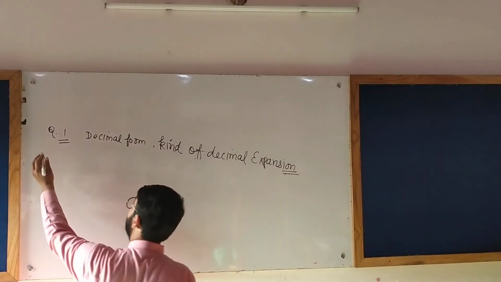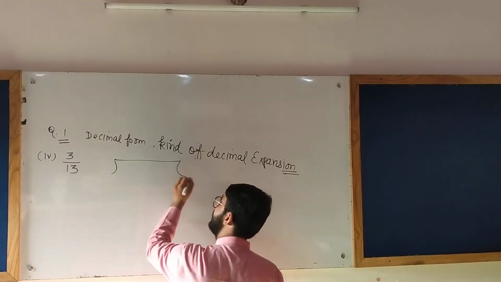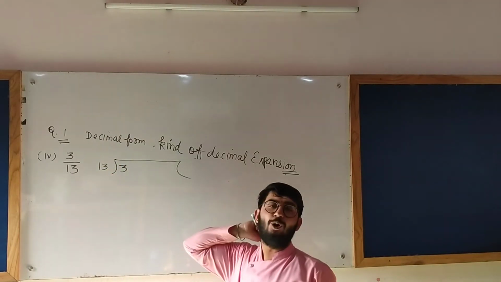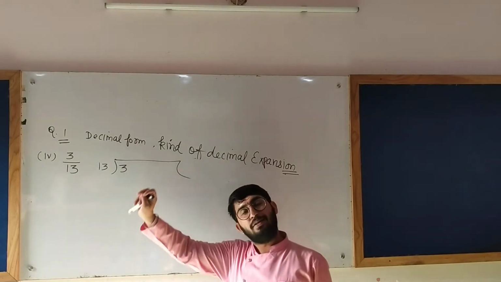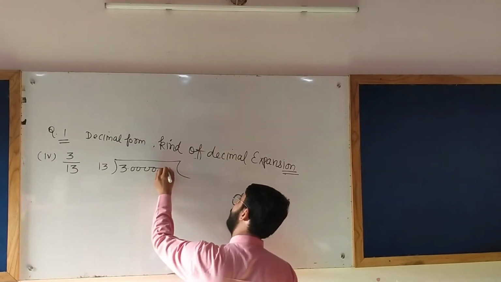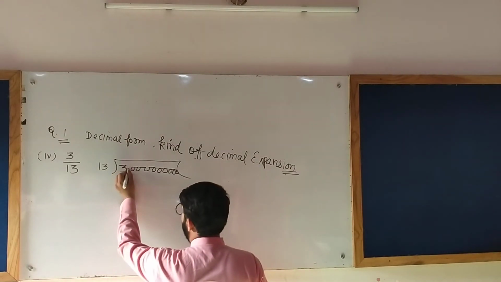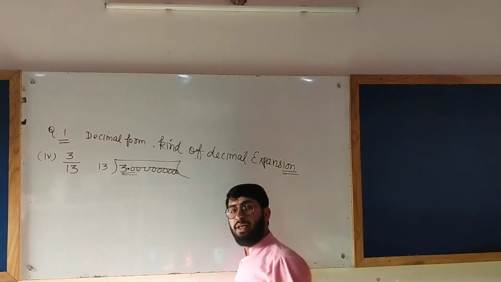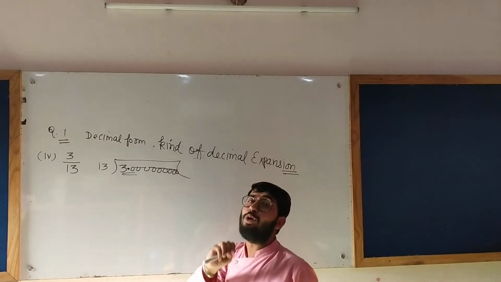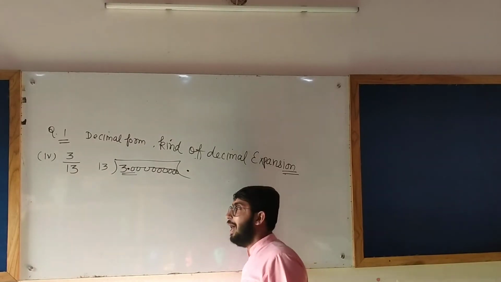Now we are proceeding towards the fourth part of this question. The fourth part is 3 by 13. As the denominator always comes outside, here 13 is bigger, 3 is smaller. In the table of 13, 3 doesn't come. So what will we do? We will write it as 3.00000000000. Now if I take 1 0 after the decimal, it will be 30. 13 2s are 26. But I am using a 0 after the decimal, so I have to use a point here.